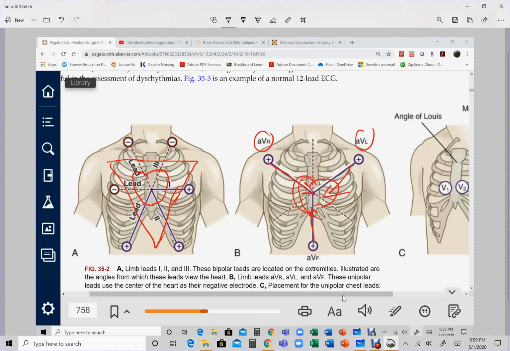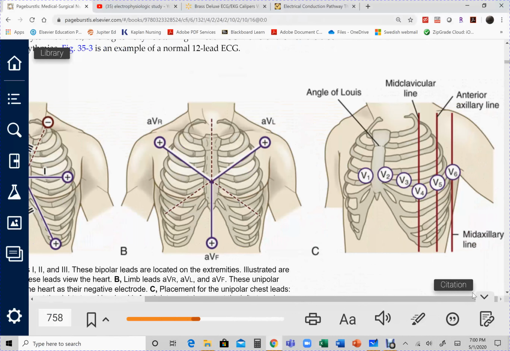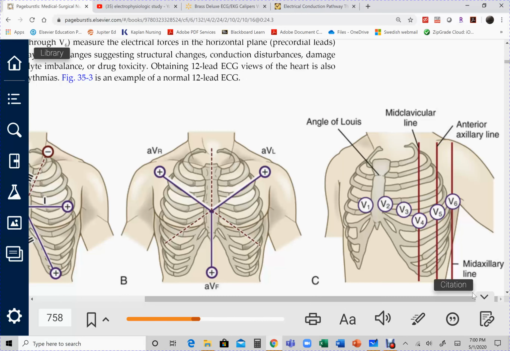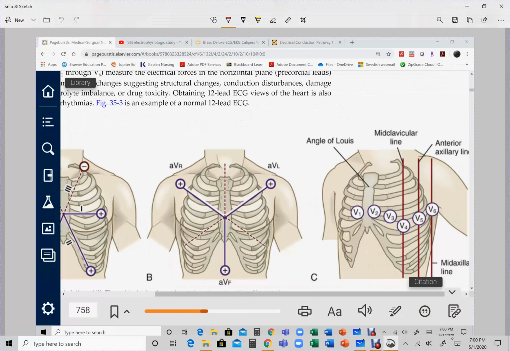And then the same way when we go to the 6 precordial leads now, the 6 leads, the heart is right here. So it's looking at it directly like that, directly like this, directly there, there, and there. All right, so for example, lateral wall MIs right here will be seen in V5, V6,